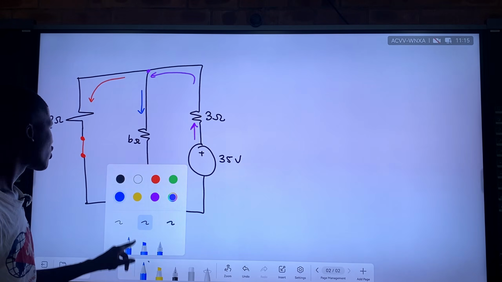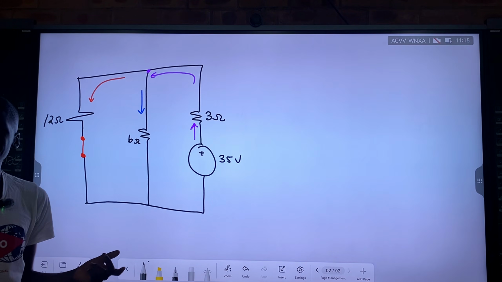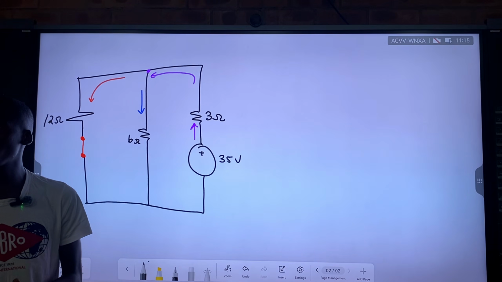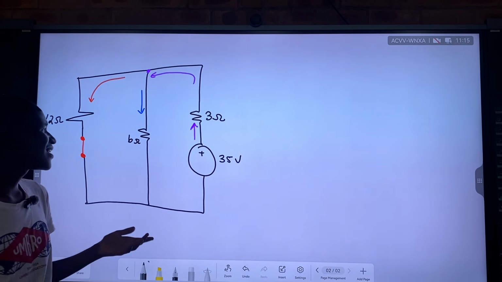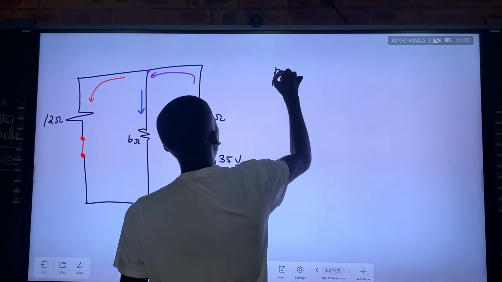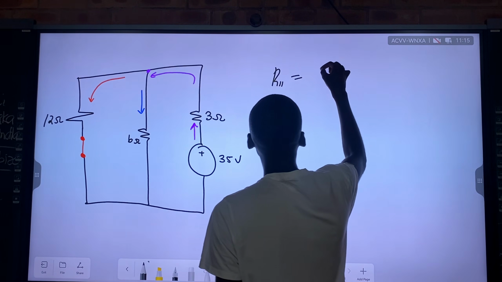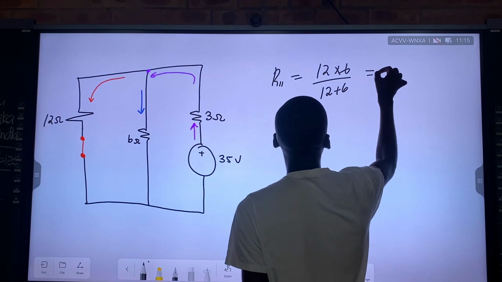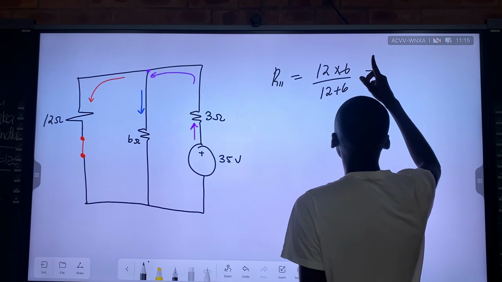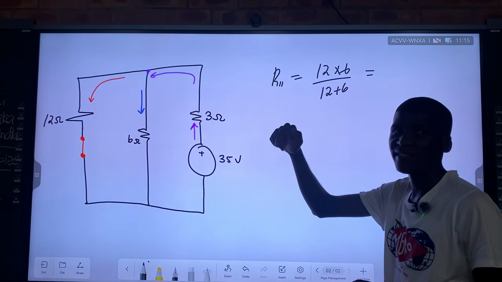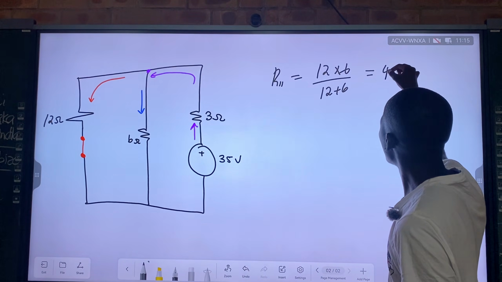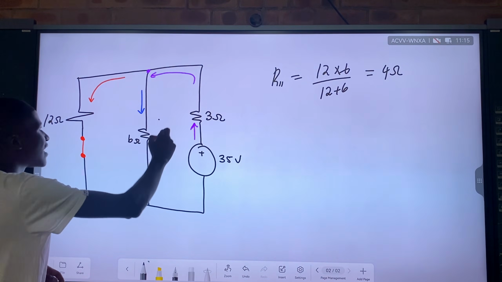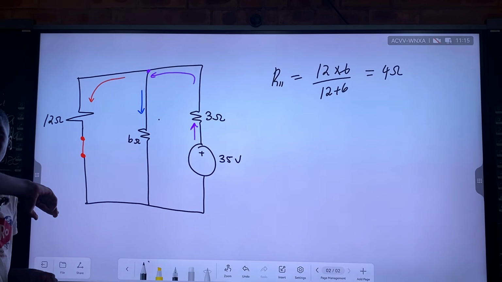All right. So the total current lana, how do you find it? We use the total voltage nice now. I-total resistance singahlele uyithola lana? No. Then what is the total resistance? A parallel branch is giving us an effective resistance of 12 times 6 over 12 plus 6, which is equals to bani? 12 times 6 over 12 plus 6. What are we going to get? 4, right? So 4 ohms effective resistance. So the parallel branch, it is having 4 ohms effective resistance.